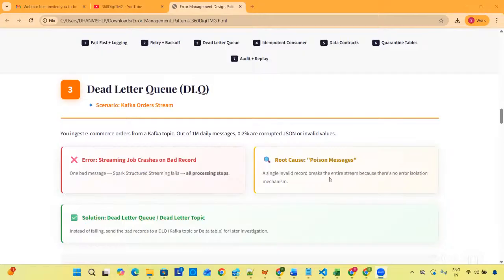So instead, what you can do, first you check the data. Before you directly apply the logic on the data, first you check the data. The key elements, like what attributes you want to be there. If they are null, reject the data. Instead of just rejecting the data, send it to a dead letter queue. That data is bad data, corrupted data, send it to a dead letter topic, which helps the real-time